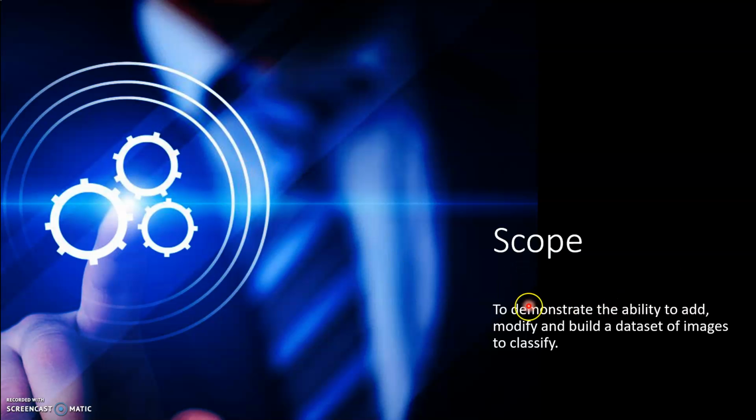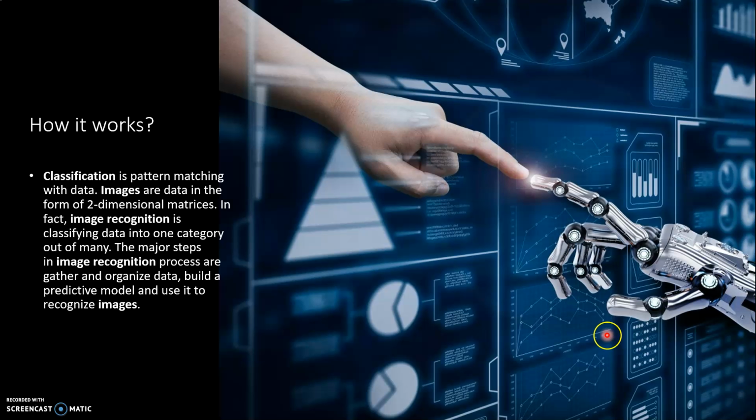The scope of this project is to demonstrate the ability to add, modify, and build a dataset of images to classify. How it works? Classification is nothing but pattern matching with data. So images are two-dimensional matrices. In fact, image recognition is classifying data into one category out of many. The major steps in the image recognition process are gather and organize data, build a predictive model, and then use it